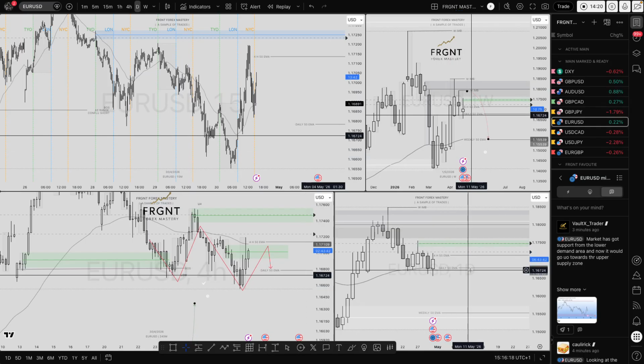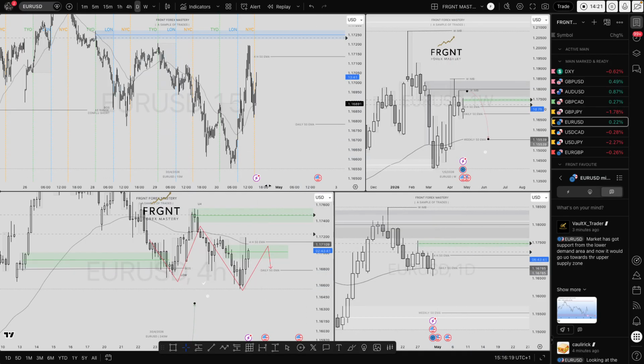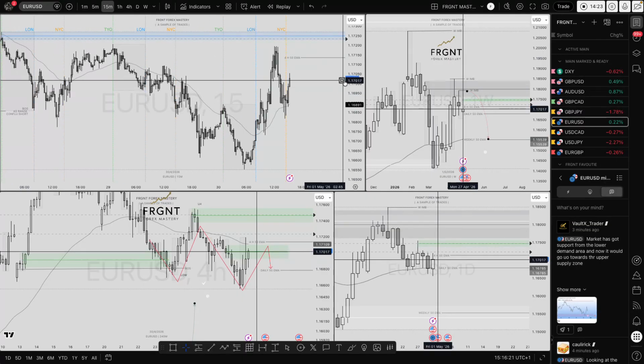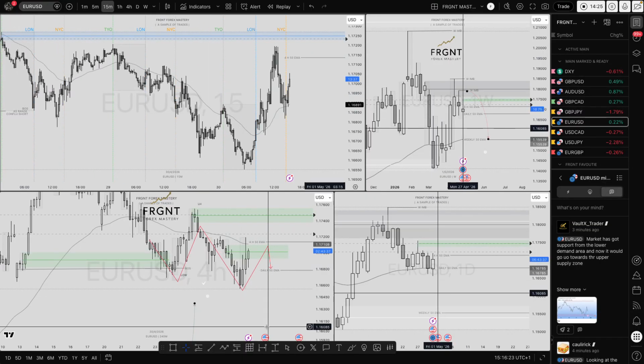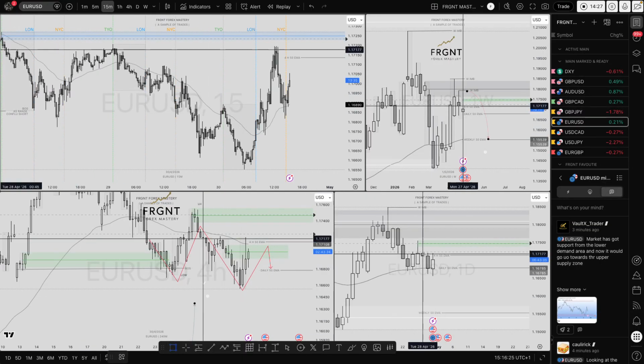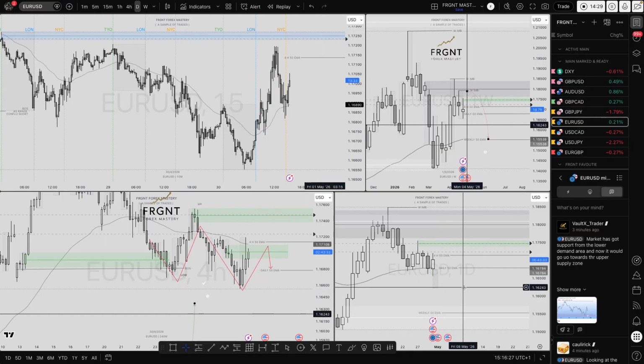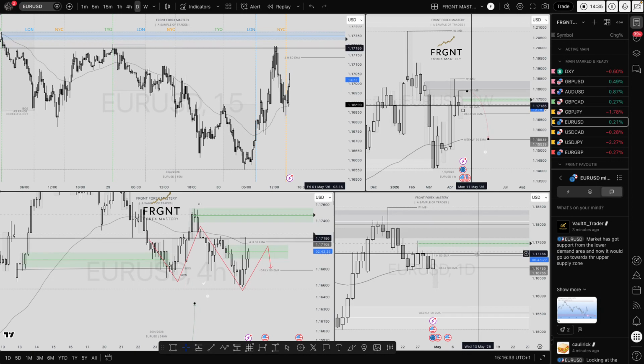Therefore, EU, unfortunately for me, was not taken, but still, I stand by the reasons for not taking it. And at the moment, I don't see that it is a half decent setup, providing we don't have that close below that daily 50 MA. So at the moment, EU is not looking like a position I'm looking to take today either.